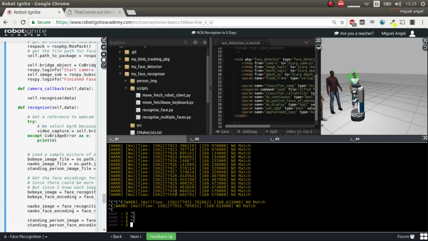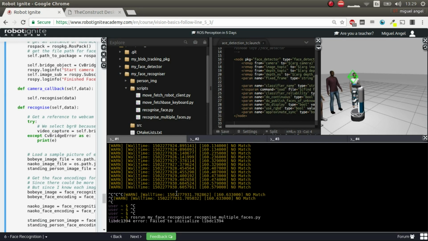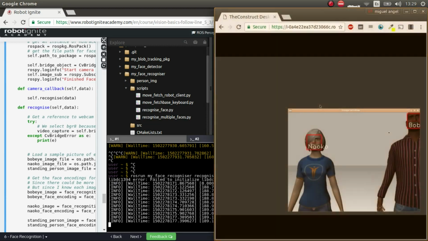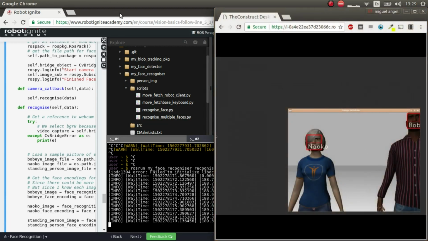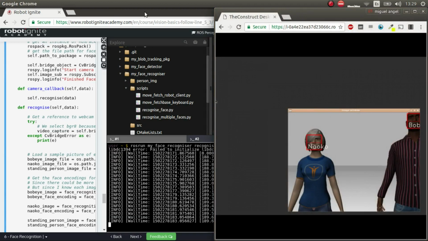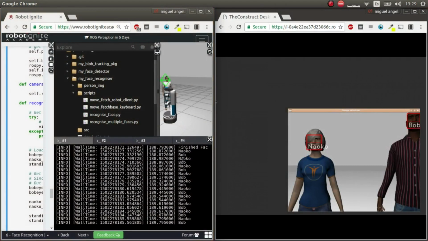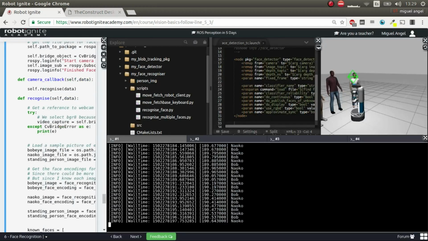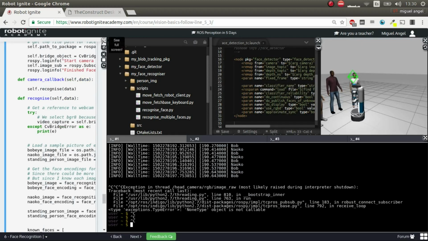Okay, so you should have something similar to this. So let's start here. Naoko, and you can see now that it's detecting Naoko and Bob. And if we go here, you're getting, okay, I'm detecting Naoko and Bob, Naoko and Bob. Yeah? We don't need to move it. Perfect. Okay. So we close, stop this, and